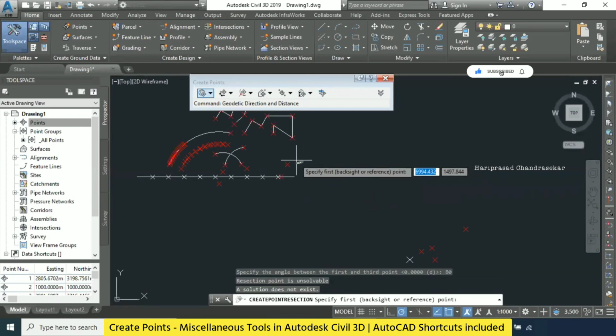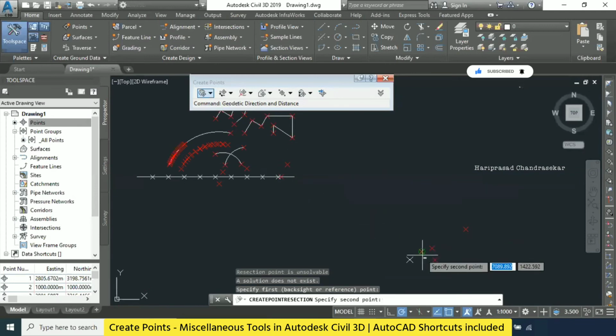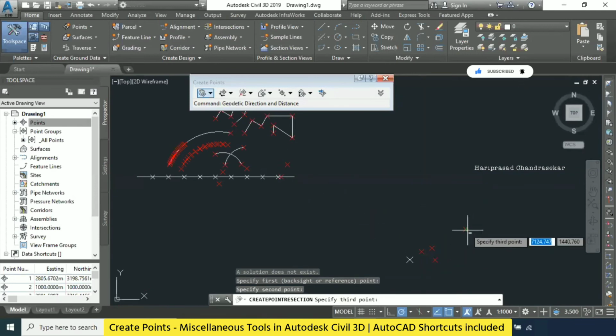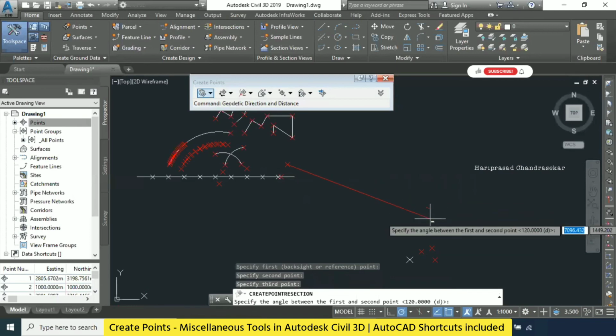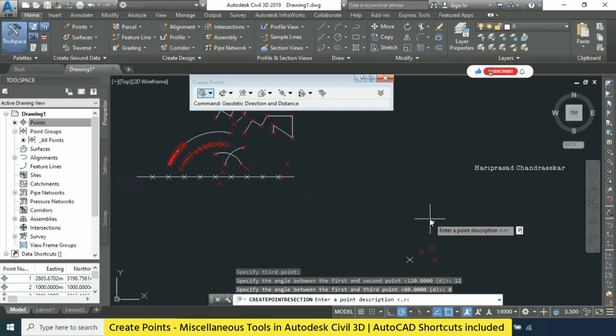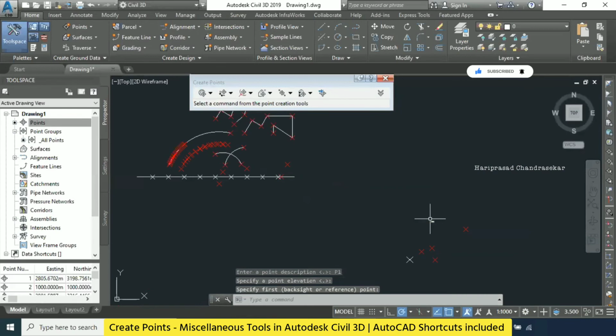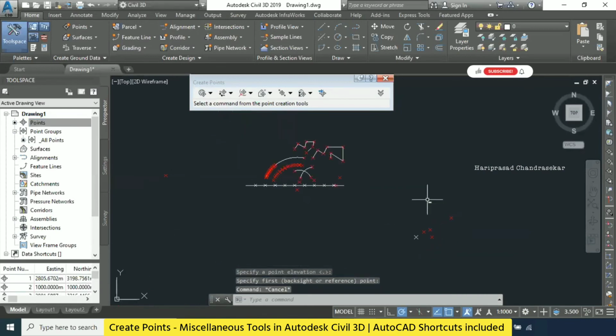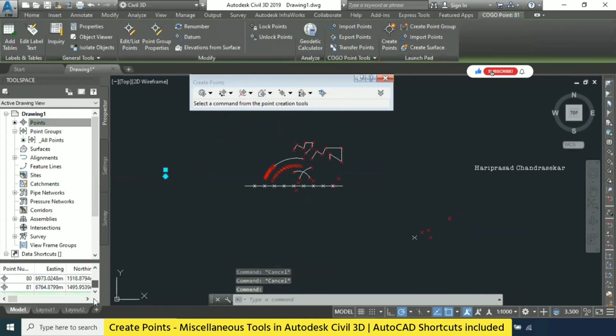It's not coming now, because the points are not okay. First point, second point, third point. See, now it is coming. You need to give the angle less than that, because it is very narrow, not broad. Then we can have 1 point. Which point did we create now? This one, I guess. This one we have created now.